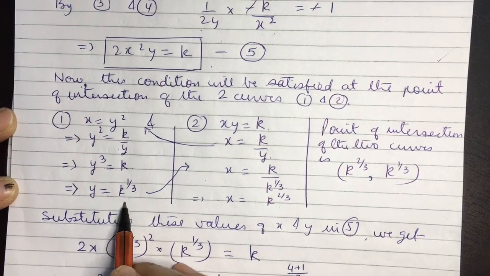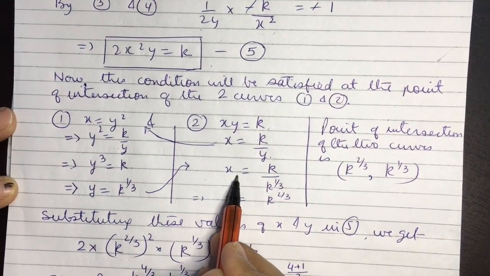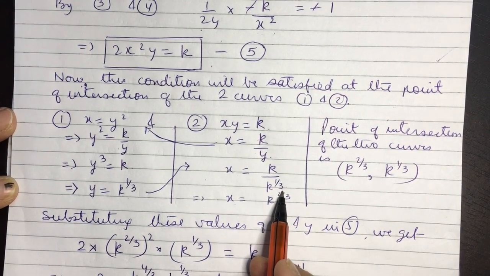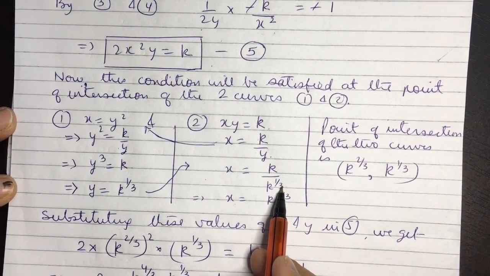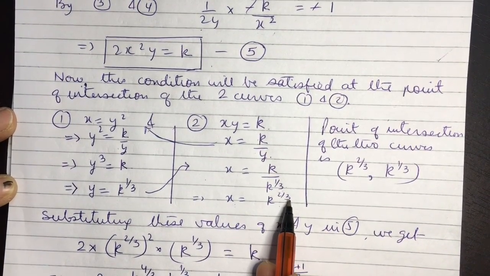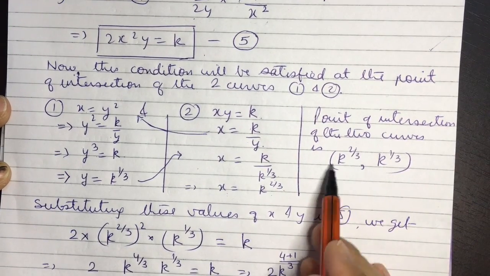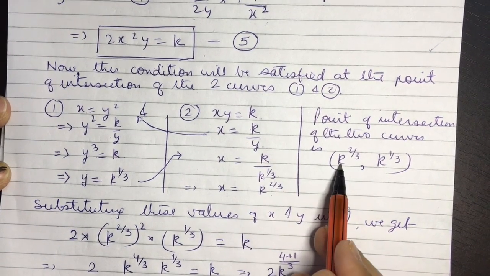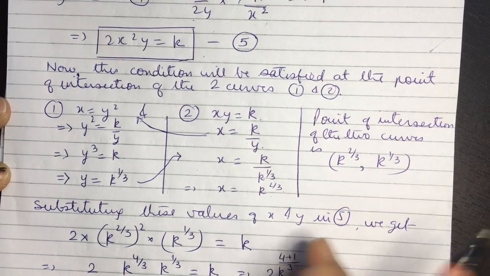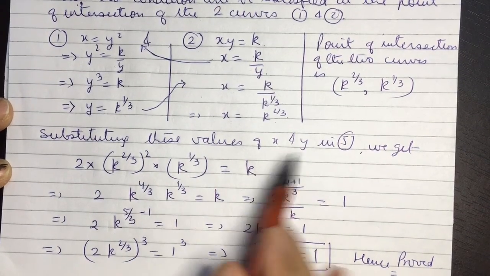Substituting this value of y in this expression, we get x is equal to k upon, in place of y we will be writing k raised to power 1 by 3, which gives us x is equal to k raised to power 2 by 3. Thus the point of intersection of the two curves is k raised to power 2 by 3 and k raised to power 1 by 3. Substituting these values of x and y in 5,